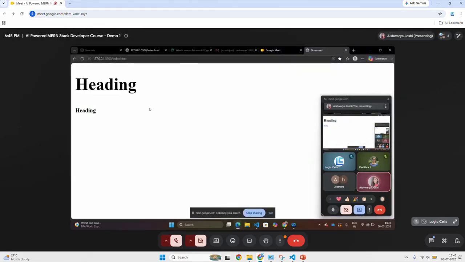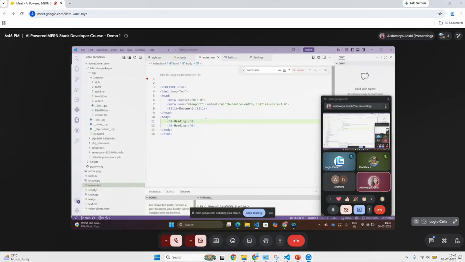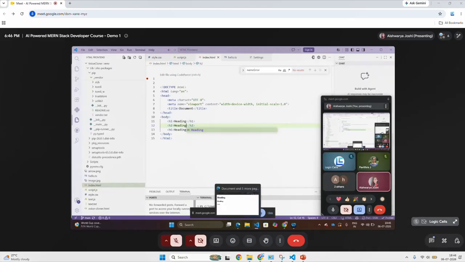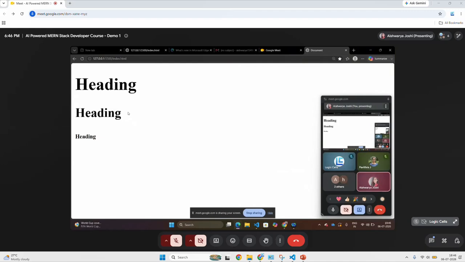So the h1 tag is the bigger one, with bold and increased font size, and h6 is the smaller one, with reduced font size, but it is still bold. But you can clearly see the difference between h1 tag and the h6 tag. Okay, similarly you have the h2 tag as well. So it goes till h6. So h1, h2, h3, h4. So it keeps on reducing. H1 is the highest and h6 is the lowest. And in between, you have all the tags. So you can clearly see the difference between h1, h2, and h6.